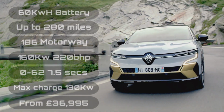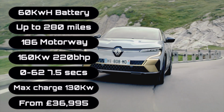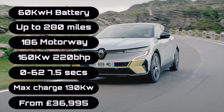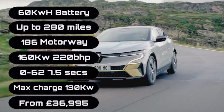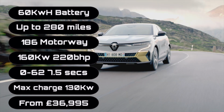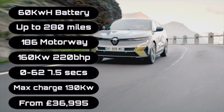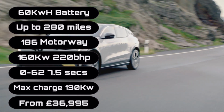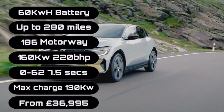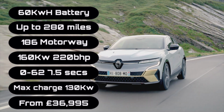It's fitted with a 60 kilowatt hour battery, which can travel for up to 280 miles on a full charge during a combined cycle and up to 186 miles on a motorway. There's a 160 kilowatt motor equivalent to 220 horsepower and will sprint from 0 to 62 in 7.5 seconds. It can charge at maximum speeds of up to 130 kilowatts and can gain as much as 150 miles in just 25 minutes. It has a 5-star NCAP rating and prices start from